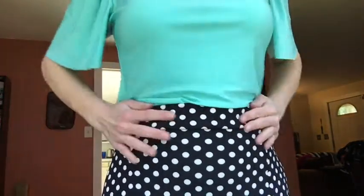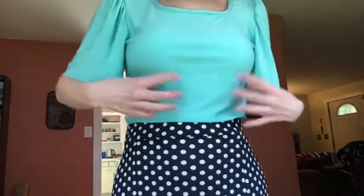And what I did was I did a flat waistband, and then I put elastic in just the back half of the waist. So it's flat in the front and elasticated in the back. And actually, I had not tried it with this seafoam top yet, but it's pretty cute. Now,